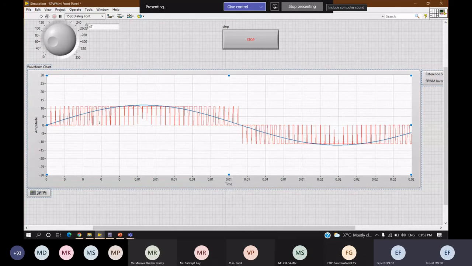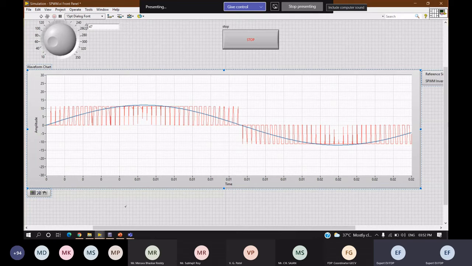When it reaches its maximum peak, on time will be high and off time will be less. In the same way, when the amplitude decreases, the on time will be decreasing and off time will be increasing. The same will be applicable for the negative half cycle also.